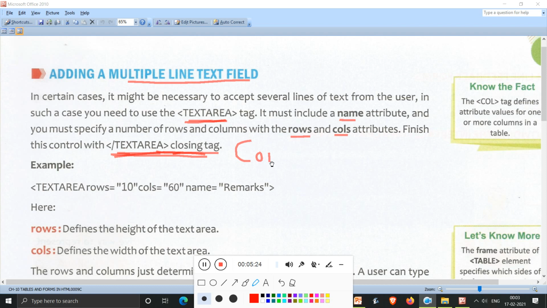You know that container tags are the tags that have both an on tag and an off tag, the opening and the closing tag.